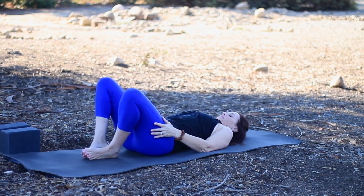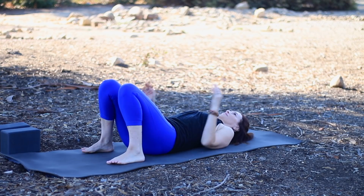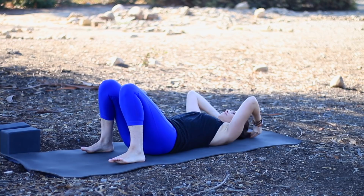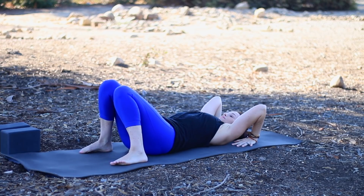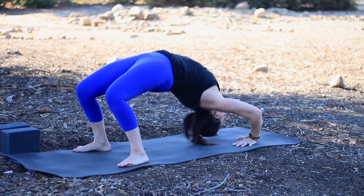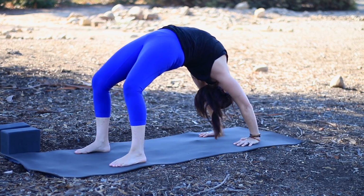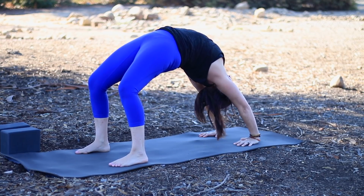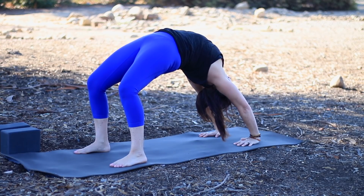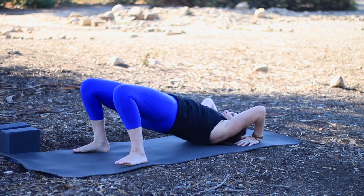All right, once again, bridge pose or wheel pose, Urdhva Dhanurasana, or you could take the block and do supported bridge. Remember, if you're going all the way up, feet parallel, pause at the crown of the head, line up your wrists under your elbows, make sure the elbows are parallel, and then press up. So right where that block was in the beginning of our practice, press your shoulder blades toward the chest there, and lengthen your butt bones toward the backs of the knees to come down, chin toward chest first, and then come down